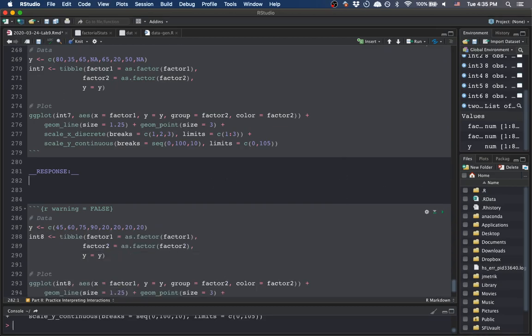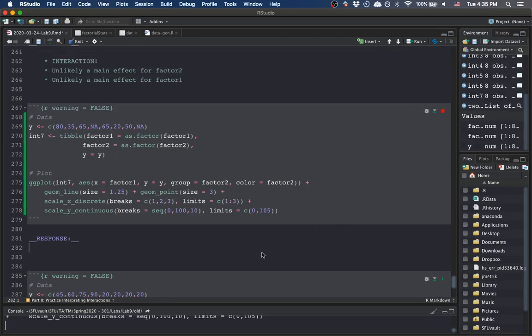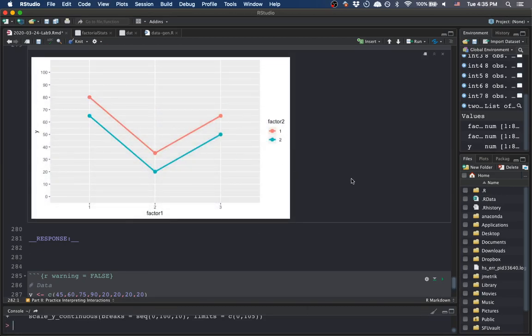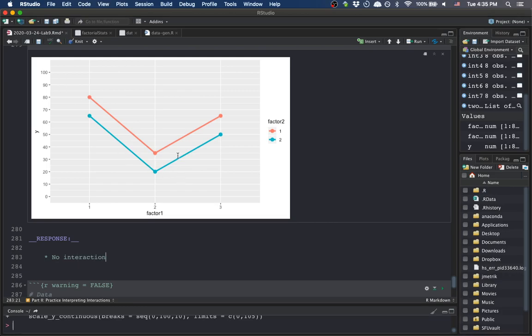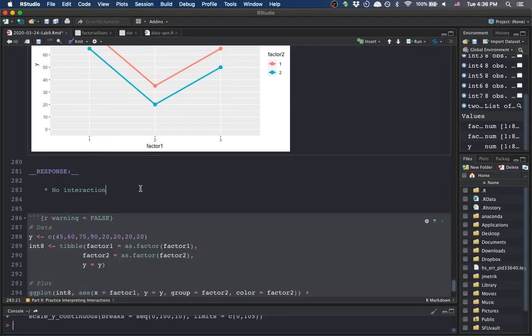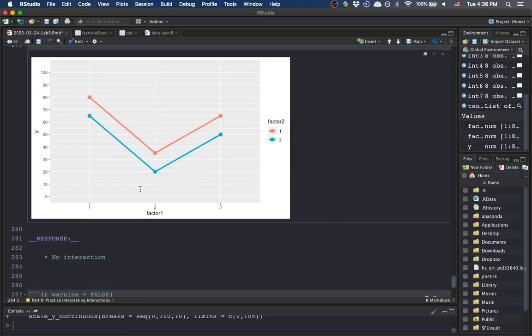All right, here's our second to last interaction plot. I'm going to go ahead and run this, and I get something like this. This one is pretty easy for me to interpret in terms of the interaction. There is no interaction here, I should say, and that's because my lines don't cross and they remain pretty much parallel, even though they dip a little bit at level 2 for factor 1. There's no real moderating influence of factor 2. In other words, these things do not change across levels of factor 1, the levels of factor 2 that is. So there's no interaction. We might have a main effect